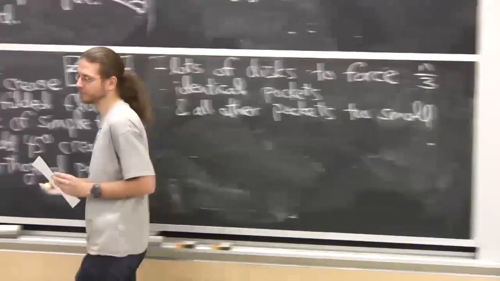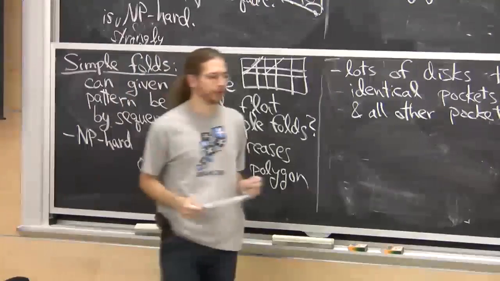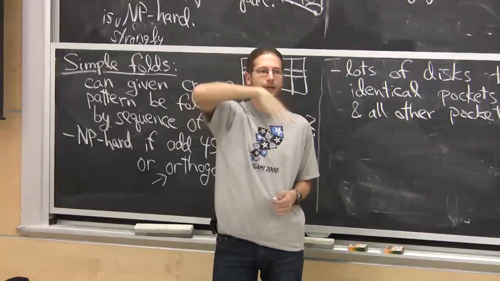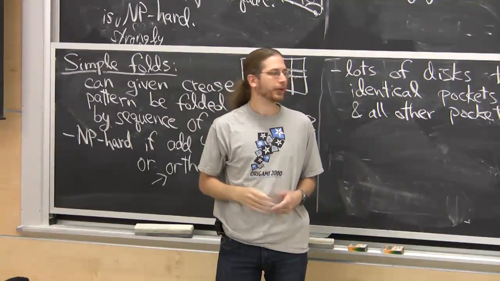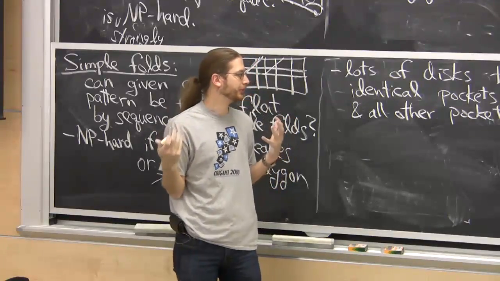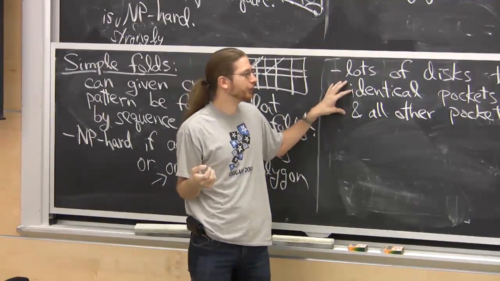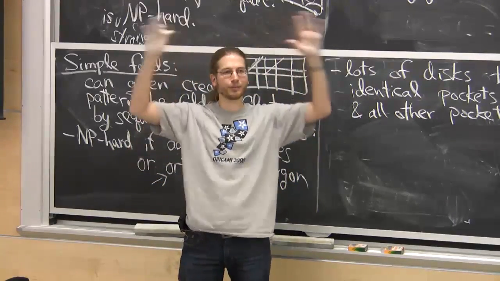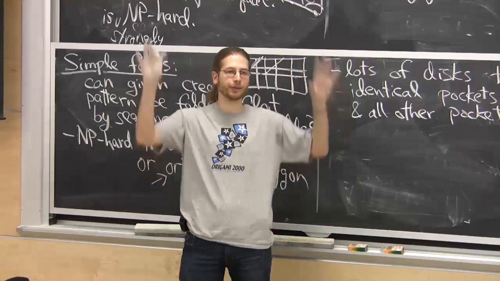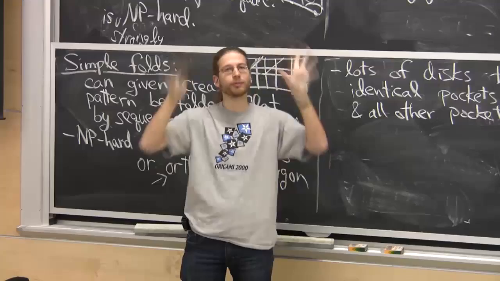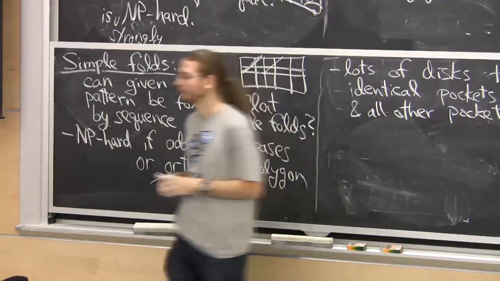So in this case, there's kind of like the proof where we had the simple folds and we had a frame and then some stuff. We're going to have some infrastructure, which in that case was the frame. That was sort of a basic thing that always exists. In this case, we're going to have some infrastructure, which is a whole bunch of disks that just sort of set, instead of having this very open playing field with a square, where you could put disks anywhere, I want to partition my square into lots of little pockets, all the same size, all the same shape,